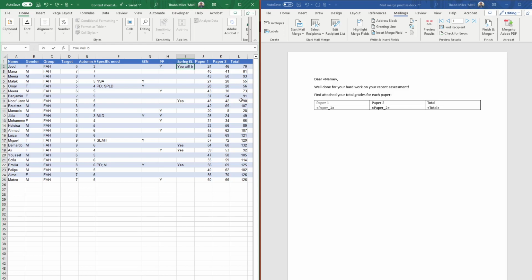You will be invited to extended learning this half term, like this, and I just need to replace each yes with you will be invited to extended learning this half term, because remember, if it's not in the database, if it's not in my spreadsheet, I can't actually put it in